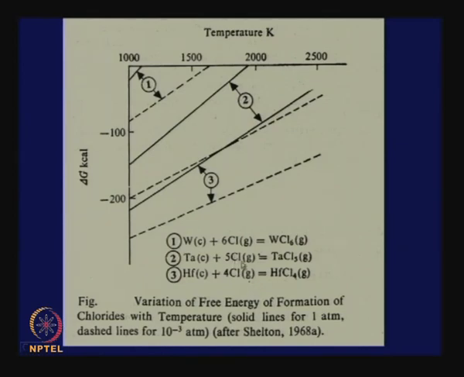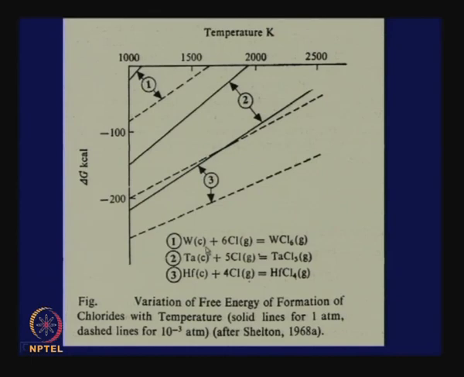In this case, 5 moles react with the solid to produce 1 mole of gas. In this case, 4 moles make 1 mole of gas. So, you see the changes in slope of these lines accordingly. It is highest here, it is intermediate here, it has the least slope here. So, we will try to ensure that we form an intermediate gas that gives us maximum change of entropy.